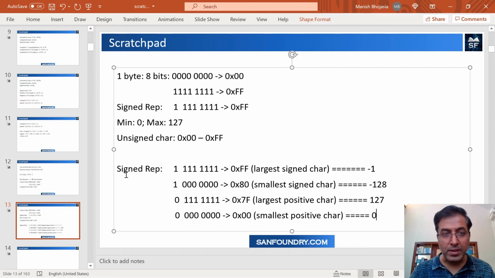So this is a signed representation for a negative number, and this is a positive number. What you are essentially seeing here is -1 and -128. If you see the entire thing, the largest value for signed is 127, and the smallest is -128. So this is another way to arrive at and understand things. Now this is a much more detailed explanation I have given.